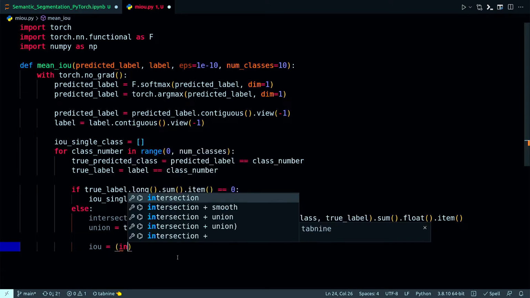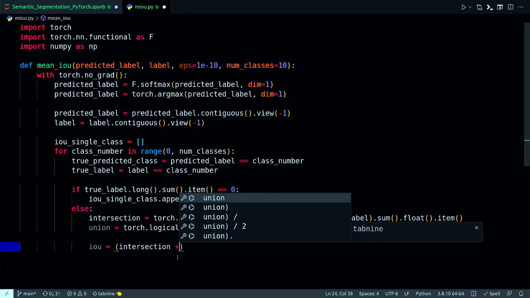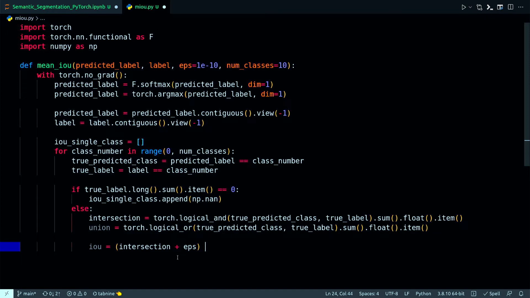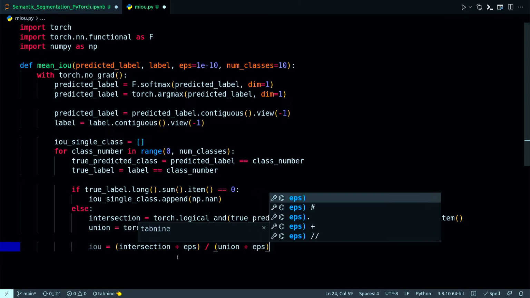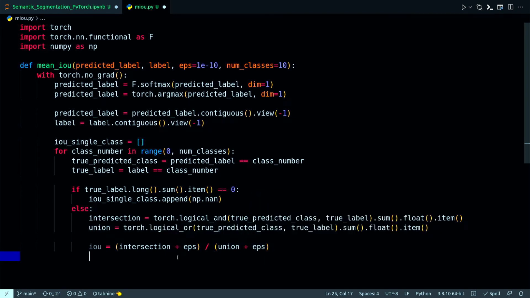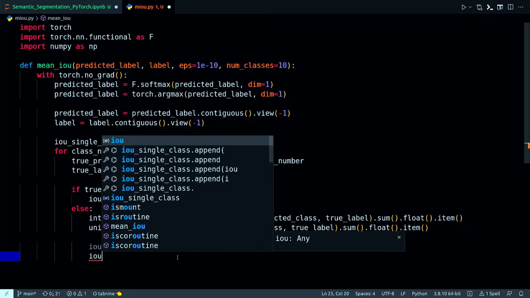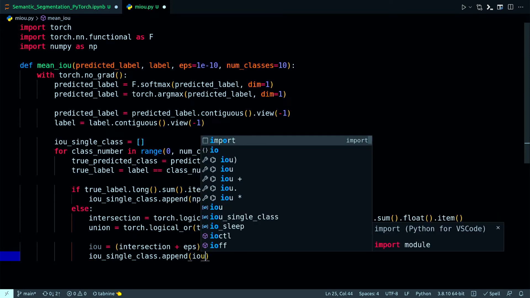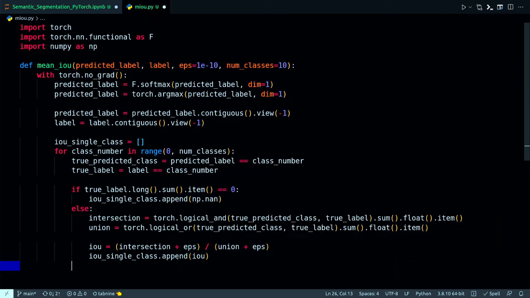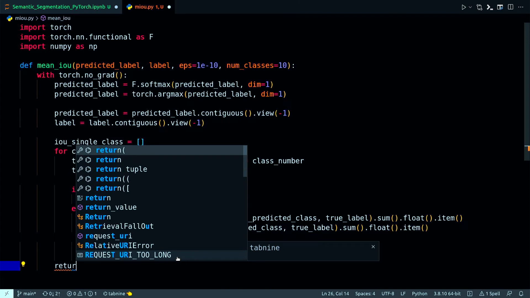So that would be intersection plus EPS divided by union plus EPS. And I also need to append this IOU to single_class.append(IOU). Cool. So I can come out of the loop and I can return the average of all these, which will be